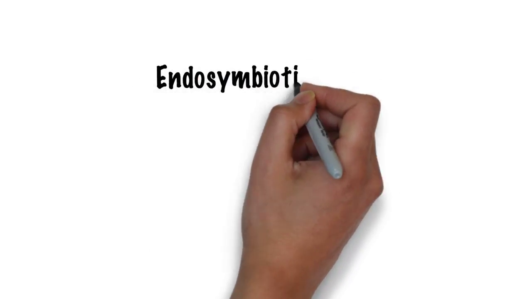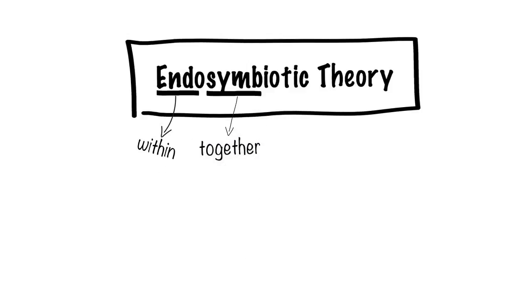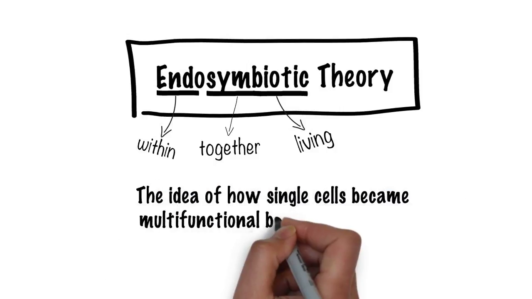This video explains the endosymbiotic theory. And we can break down the word endosymbiotic to help us remember and understand. Endo just means within, and symbiosis means together. Biotic means living. So the theory is basically the idea of how single cells became multifunctional by living together within